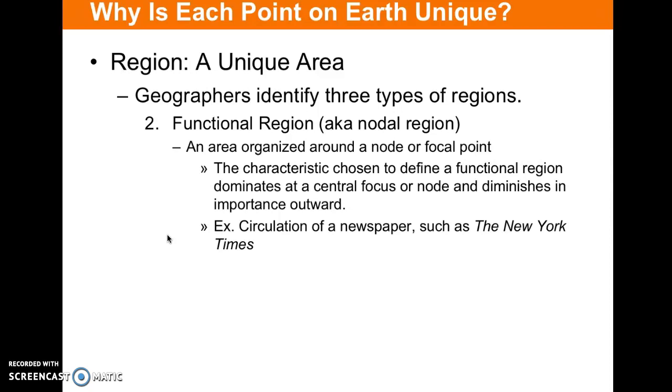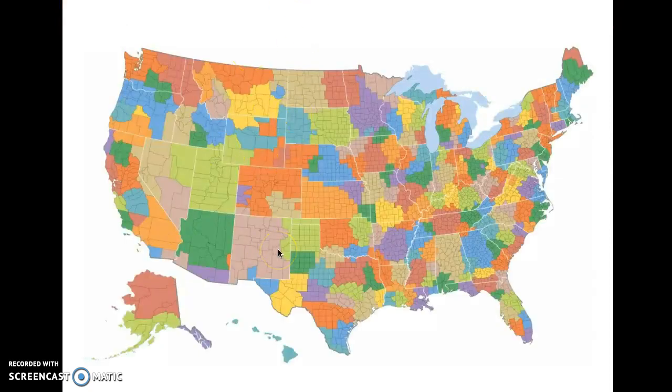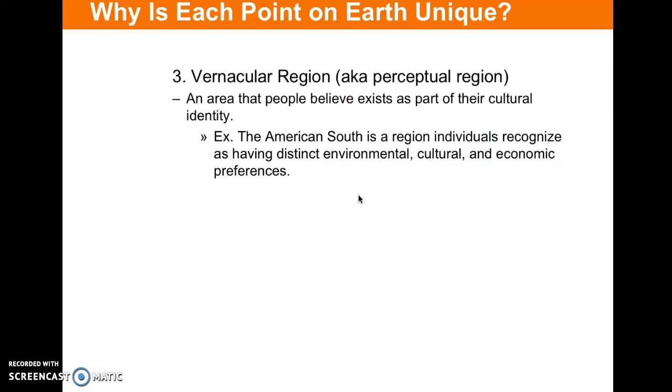Where is the New York Times distributed? Where is the Palm Beach Post or the Sun Sentinel distributed? And this map here shows you TV network signal. You can see TV channels on your cable providers, internet providers, cell phone towers, bus routes, highways, you name it, delivery routes, airplane hubs, like where do your flight patterns go? These are all functional.